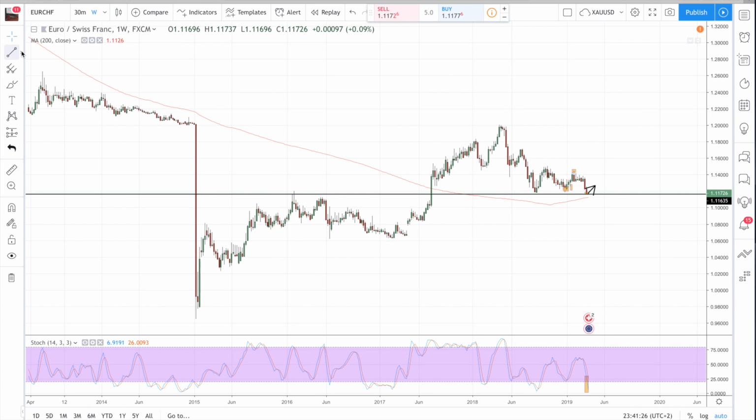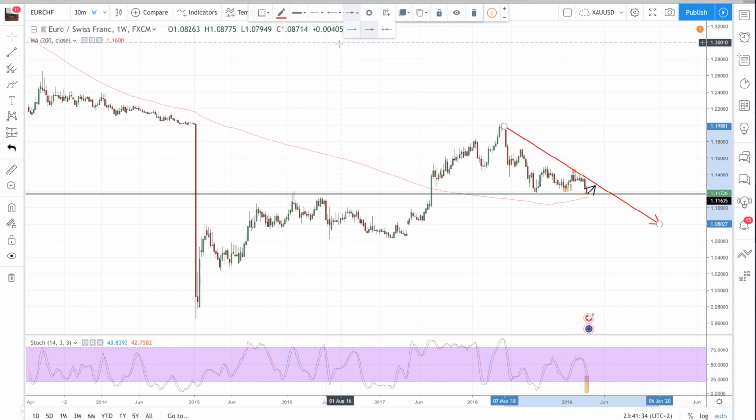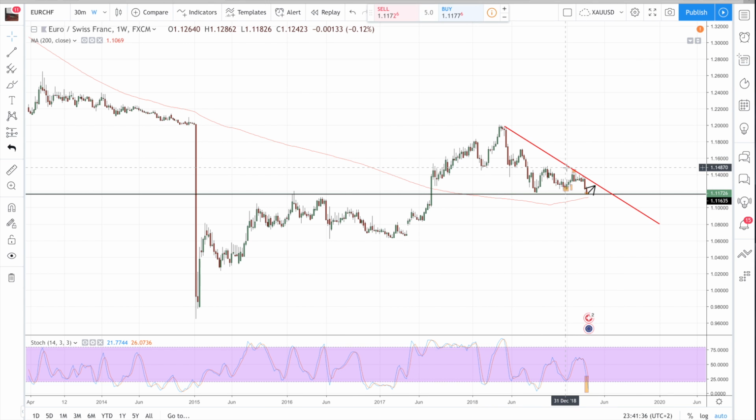I'm going on the weekly, and EUR CHF is a pair that doesn't have too many movements. This pair is pretty slow, very, very slow. As you can see, at the moment we have a bearish trend, but on the weekly, what you can see is that